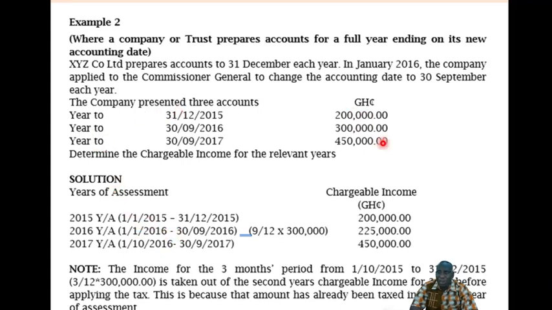So I'll just copy the figure and put it there. But when I come to 2016, you will see that here it is 12 months because of the year 2. But this one that you have written here is only 9 months. Therefore, you divide 9 over 12 times the 300,000, and they will only assess you on 225,000. Then in 2017, the year 2 will coincide with this very one. So their base one will coincide. So that one you only copy the figure and put there. That's all. This is how we write it. Okay? Take note of that.